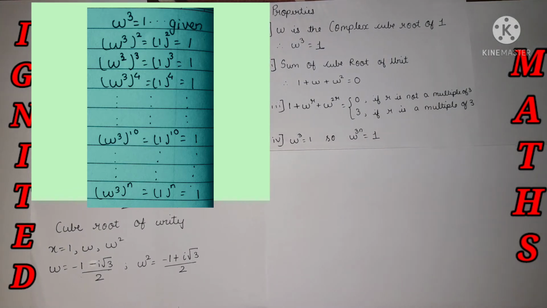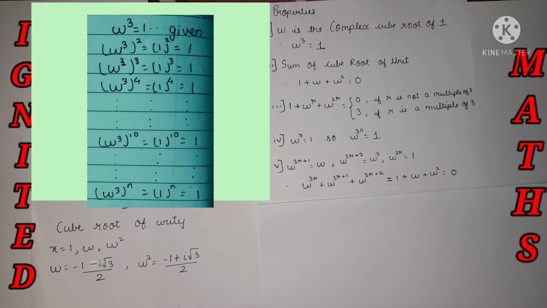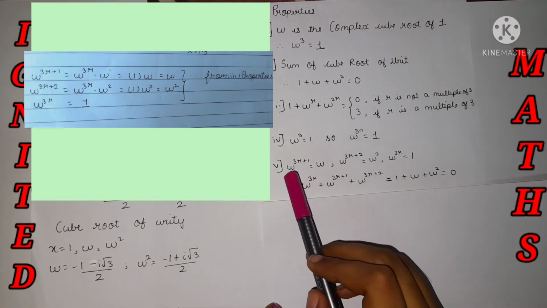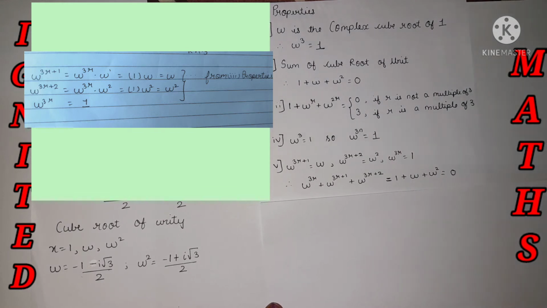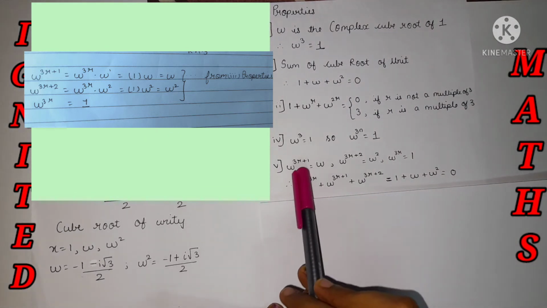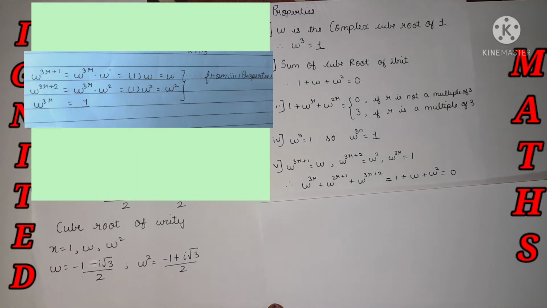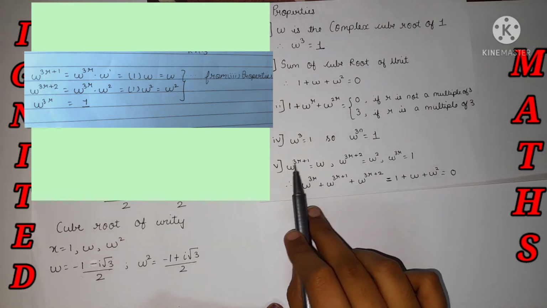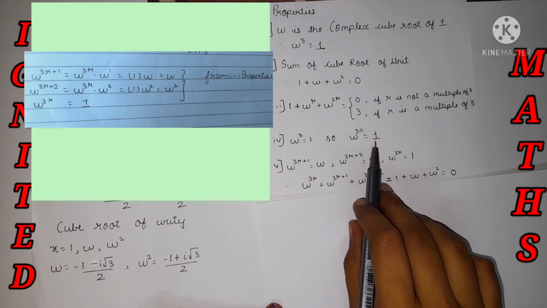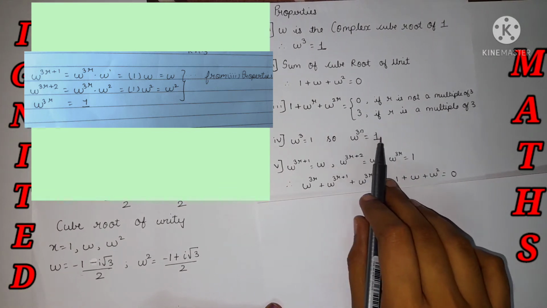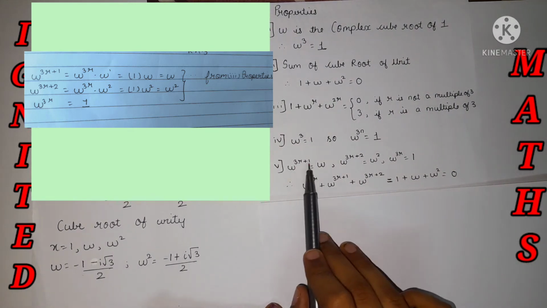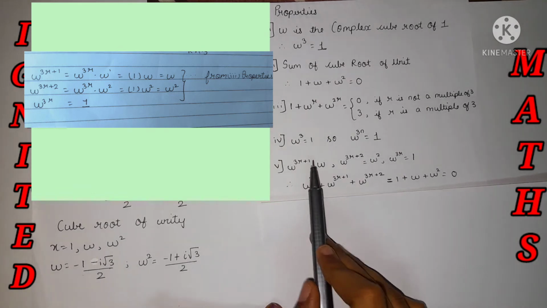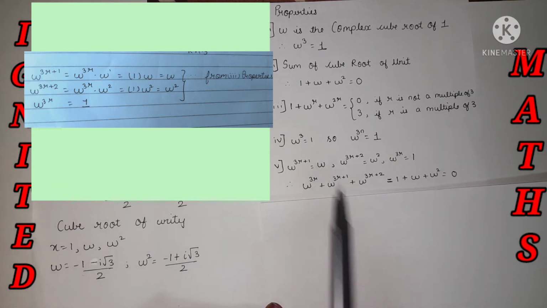I'll show it on the left hand side of my page. You just see it. Okay, it's a proof of it. Now the fifth building. Yes, omega raised to 3r plus 1 is equal to omega. How did it come? See it on the left hand side. Omega raised to 3r dot omega raised to 1. Omega raised to 3r, I have already mentioned, has the value 1. Omega raised to 3n, any value we take, I am getting the answer 1. So omega raised to 3r dot omega 1, and omega 1 is nothing but omega. That's what I have mentioned over here.